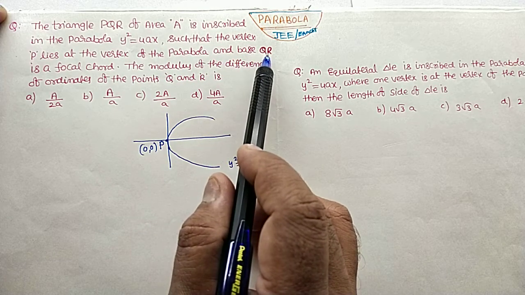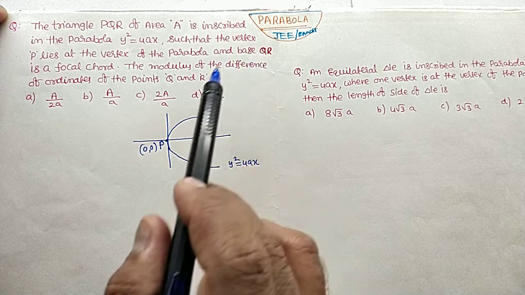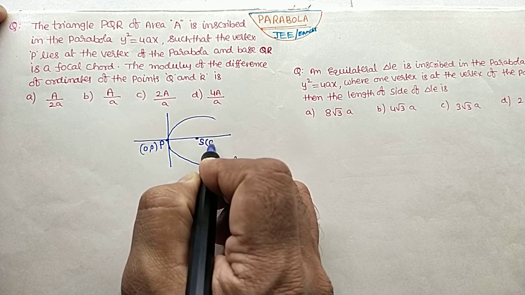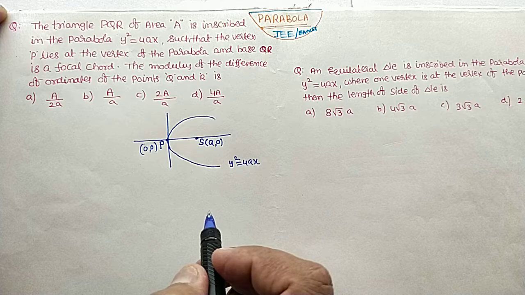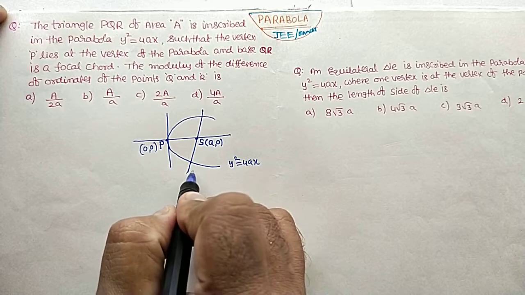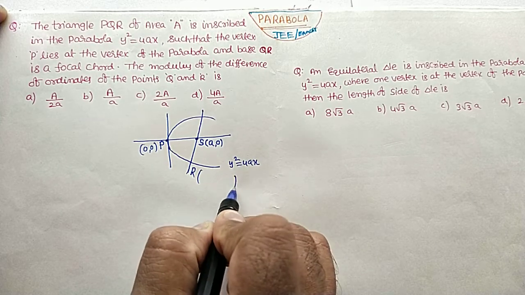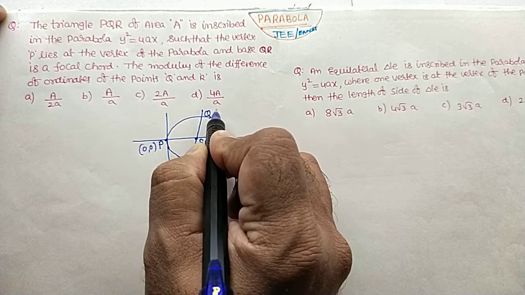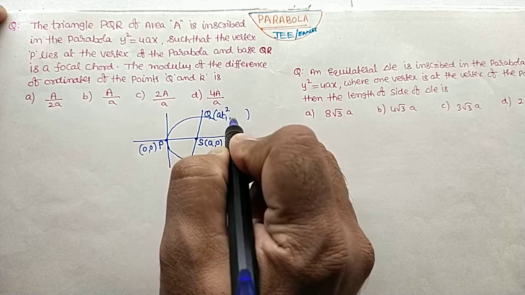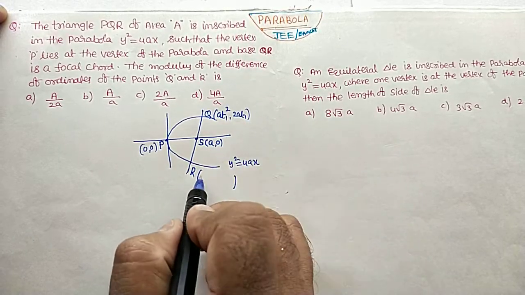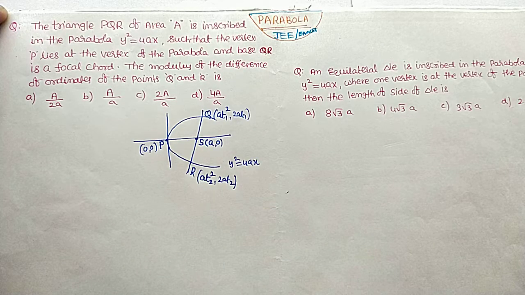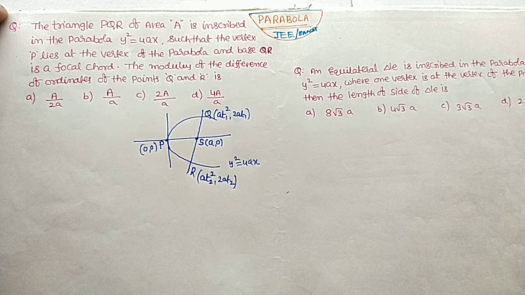and the base QR for the triangle, base QR is a focal chord. Here S is the focus whose coordinates are a, 0, and QR is the focal chord. These are the ends of the focal chord, R and Q. Q I am assuming as at1 square comma 2at1 and at2 square comma 2at2 as the ends of the focal chord. After that,